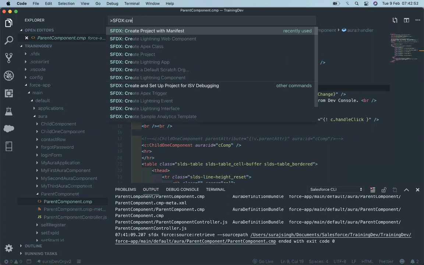Now what you want to create from here, suppose let's create an Apex class. So you have to select Create Apex Class and hit enter.